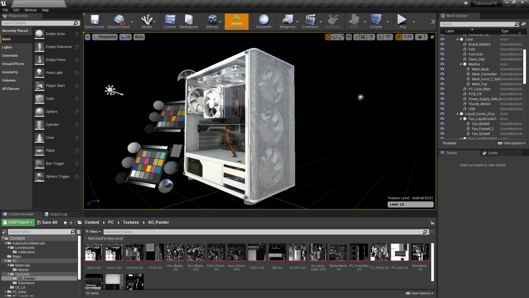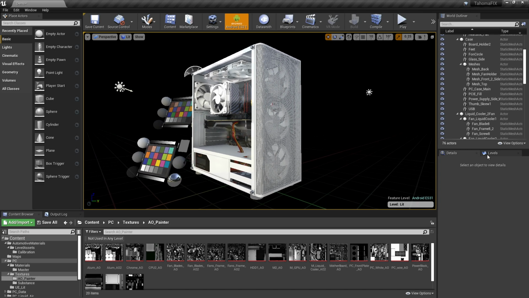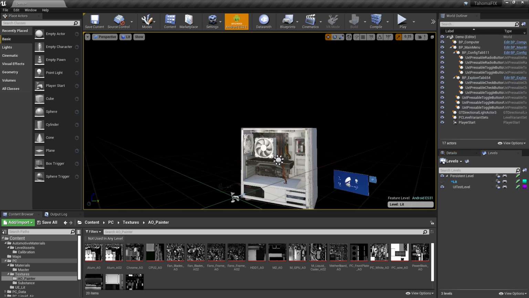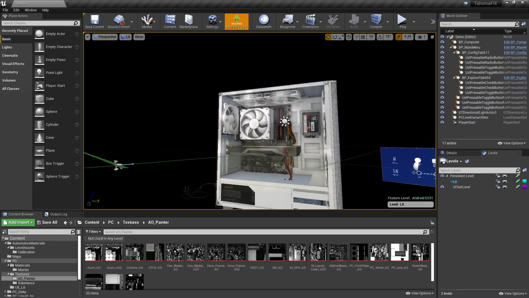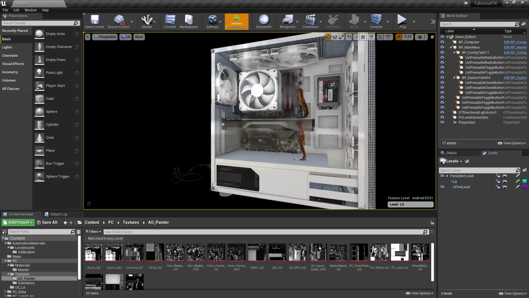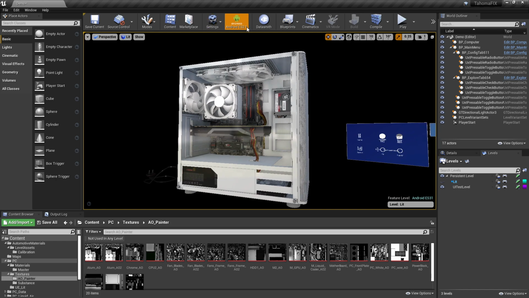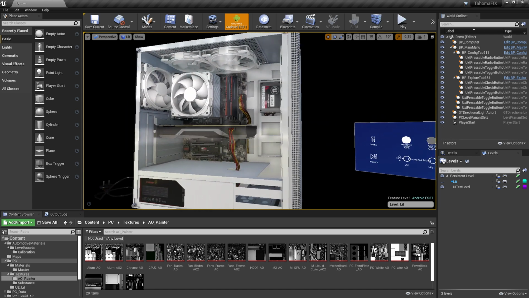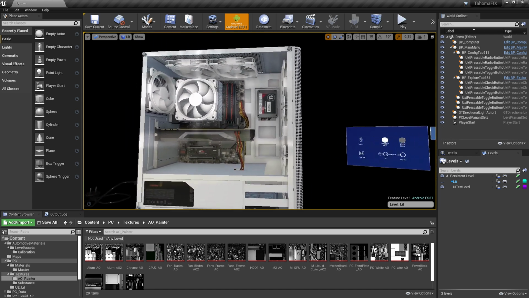All right, so what I'm going to do is get out of this look development level and get back into the more finished level that we saw at the beginning here, so you can get a sense of what this really does look like inside of the editor. Again, we're using the mobile preview, and I think it looks pretty good. And in the device, it's super, super cool looking.